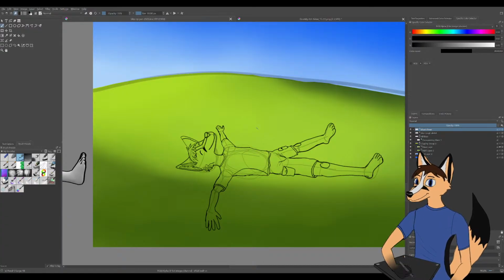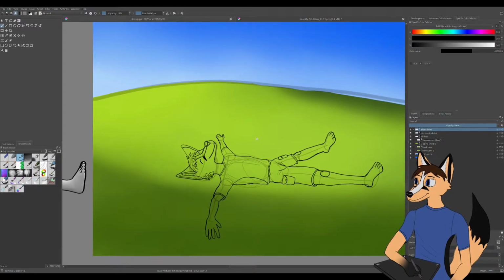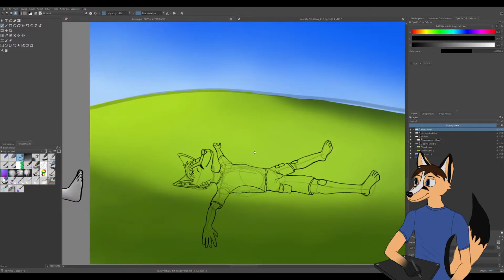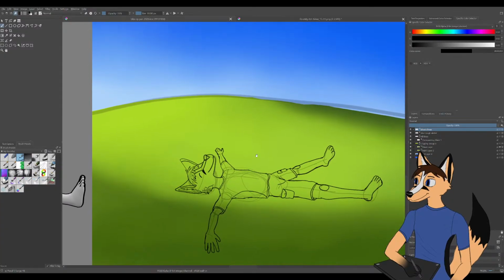They literally just take pictures of themselves when they can't find the exact pose on the internet or whatever, and so that's what I'm going to do with this. Probably I'll just take a picture of myself in this same pose, and then I'll have a good reference for the lighting and my clothes and stuff.